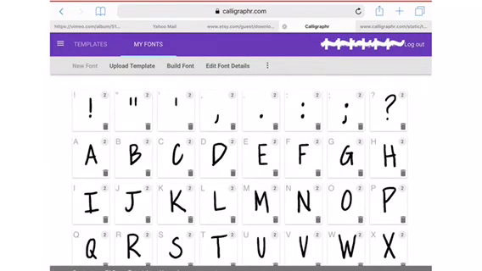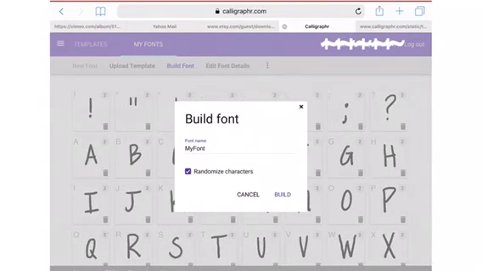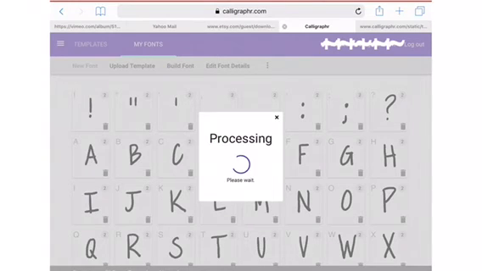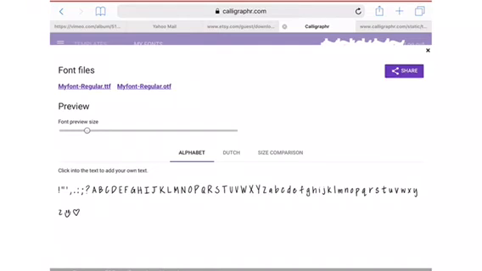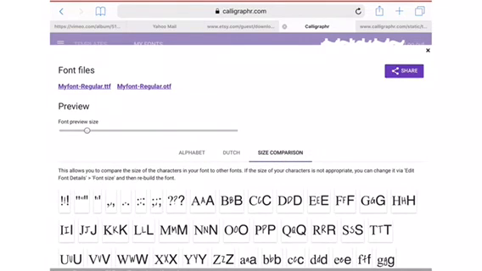And then you'll click build font. You can name your font, and you want randomized characters to be checked, so that's correct. That's what they're going to do with your variants. When you click build, it'll process, and then it'll show what your font looks like. So it gives you a TTF or an OTF file. And there's also an option to click size comparison to see how your font compares to other regular sized fonts. And you can see that mine's kind of on the small side, but